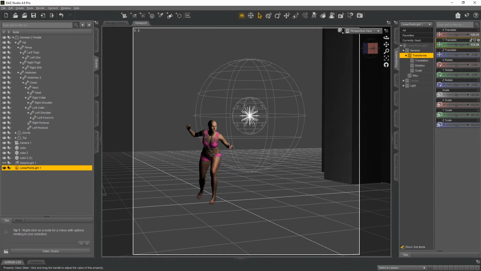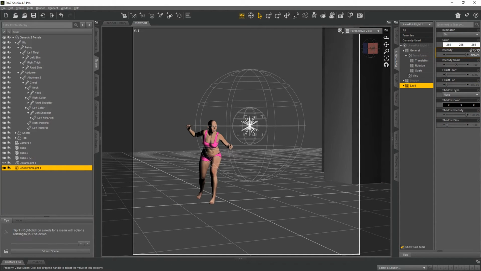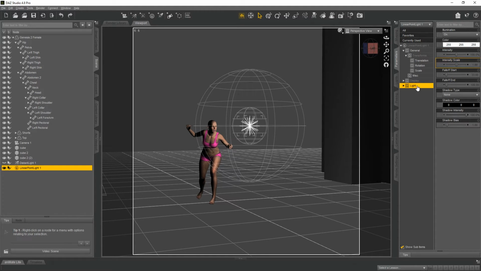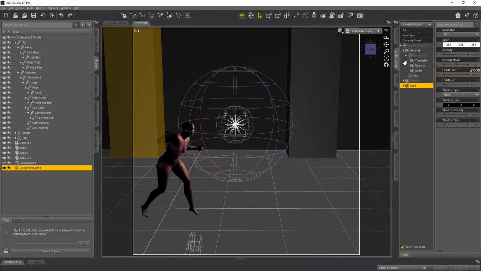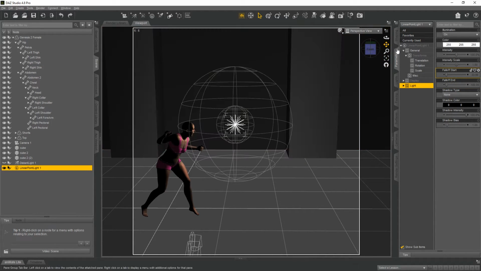You can make it like a torch, and you can affect the actual color and the size of the falloff in the light. So I can change the intensity and make it brighter. I can make it softer. And then this is where you would change the falloff. So for whatever reason in this program, let's see, if I make the falloff end,